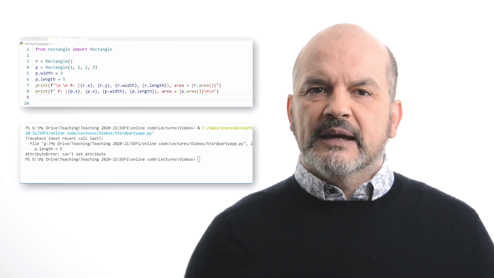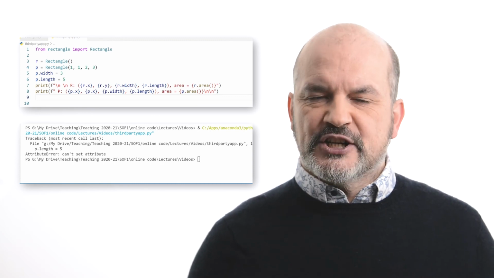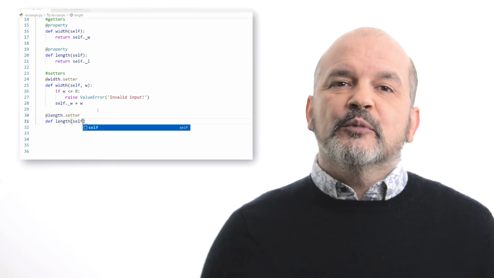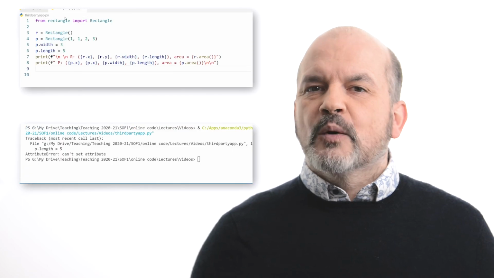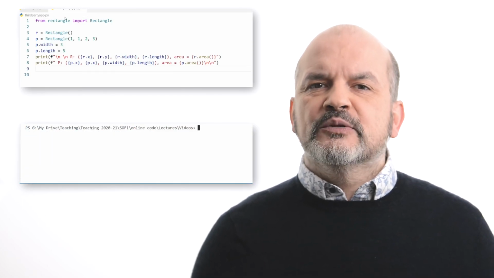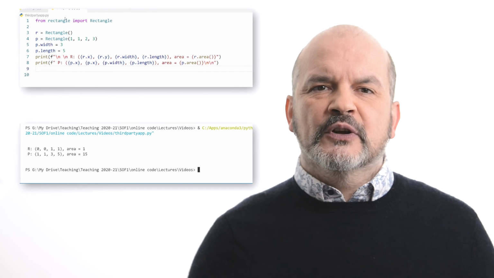The attribute length is protected against modification. Changing the length of a rectangle is not part of the API of our class rectangle. It is clear that if we can modify the width of a rectangle, we should be able to modify the length too. We use this example as an illustration of how we can protect some attributes from being modified. Be careful. Do not use property in place of method. They should be used to access the publicly available state of an object.